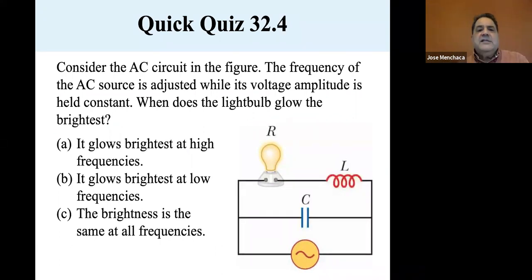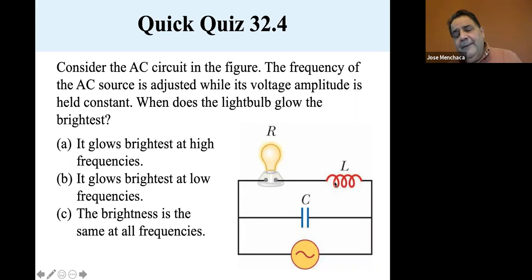Okay, consider an AC circuit in the figure. The frequency of the AC source is adjusted while its voltage amplitude is held constant. When does the light bulb glow the brightest? Well, at high frequencies, the capacitor will basically become a short, and the